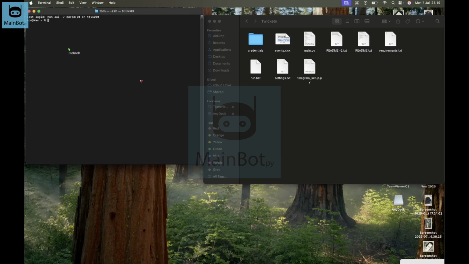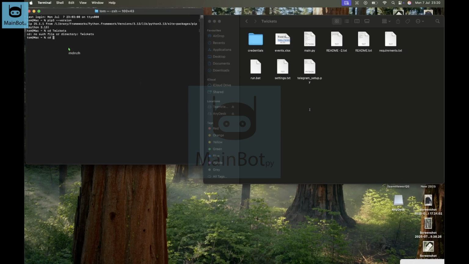Hi, so in today's video I am showing you how to install the requirements on macOS. At first you need to check that Python is installed properly or not. That's why I am checking the pip3 version, and you can also check it with the Python version. When it is confirmed that the installation is successful, I try to navigate to the folder, but